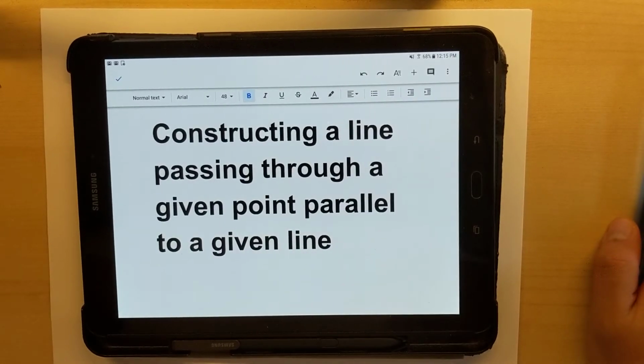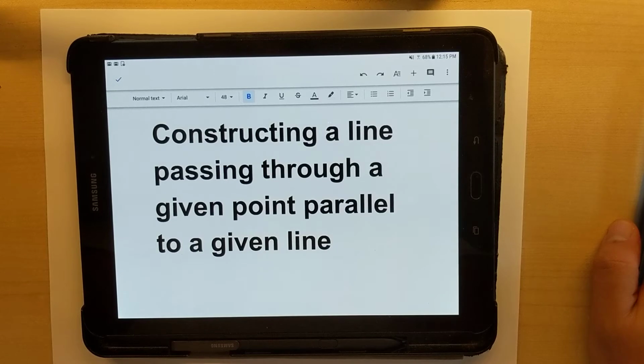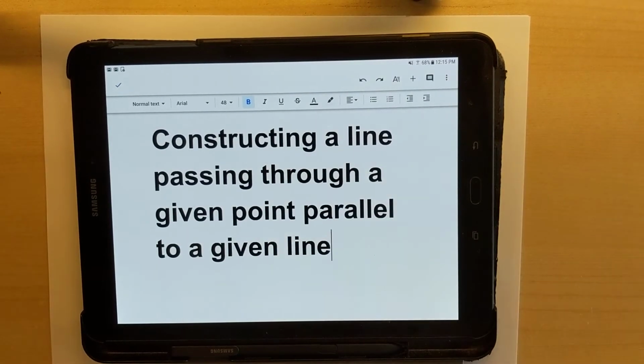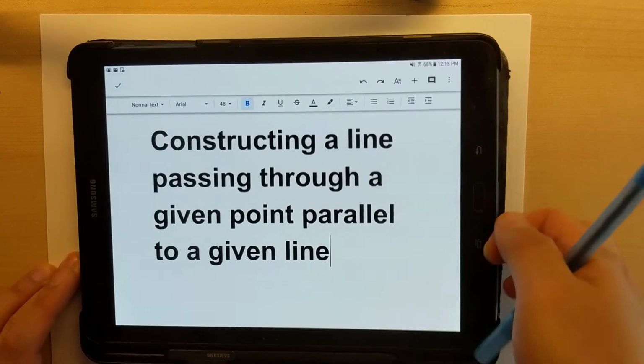Hello students, in this video I will go through the steps in constructing a line passing through a given point parallel to a given line. Alright, so what I want you to do is take a blank sheet of paper